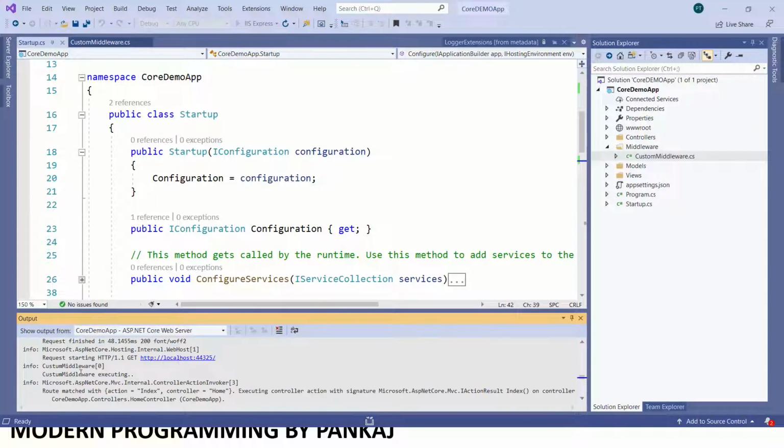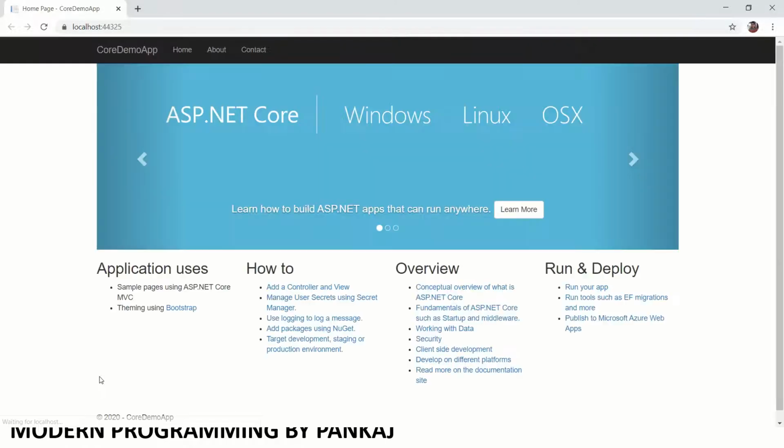See, we have got "custom middleware is executing". So we have got our log, what we have written in the information. Now it will go to your main page. So this is how we can add middleware.